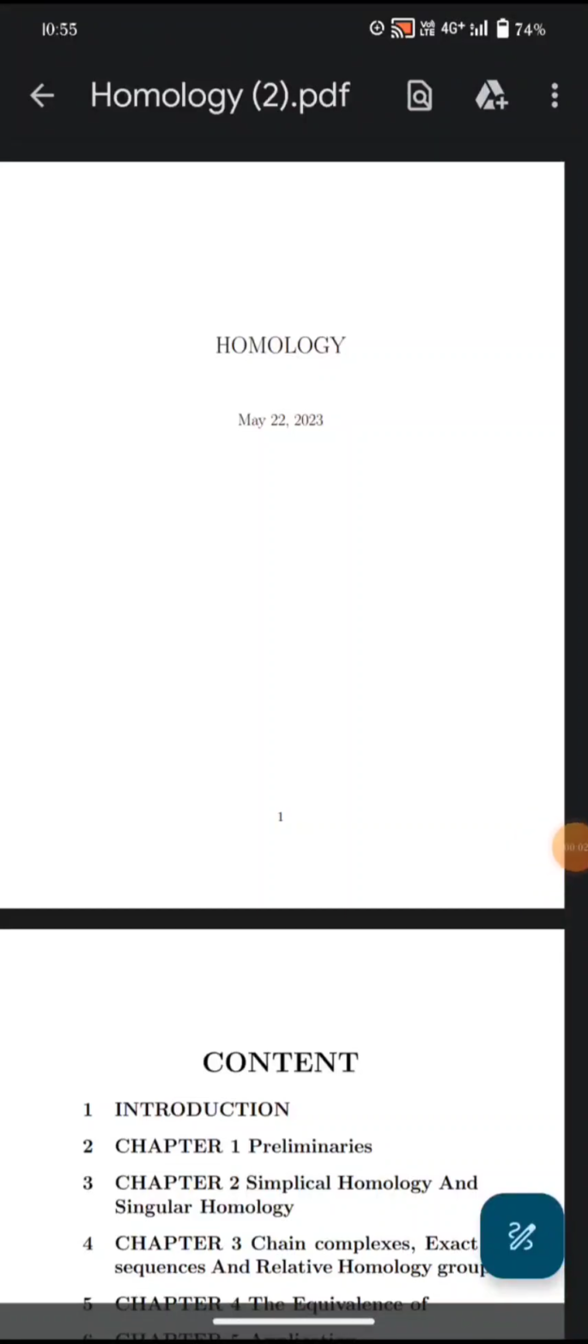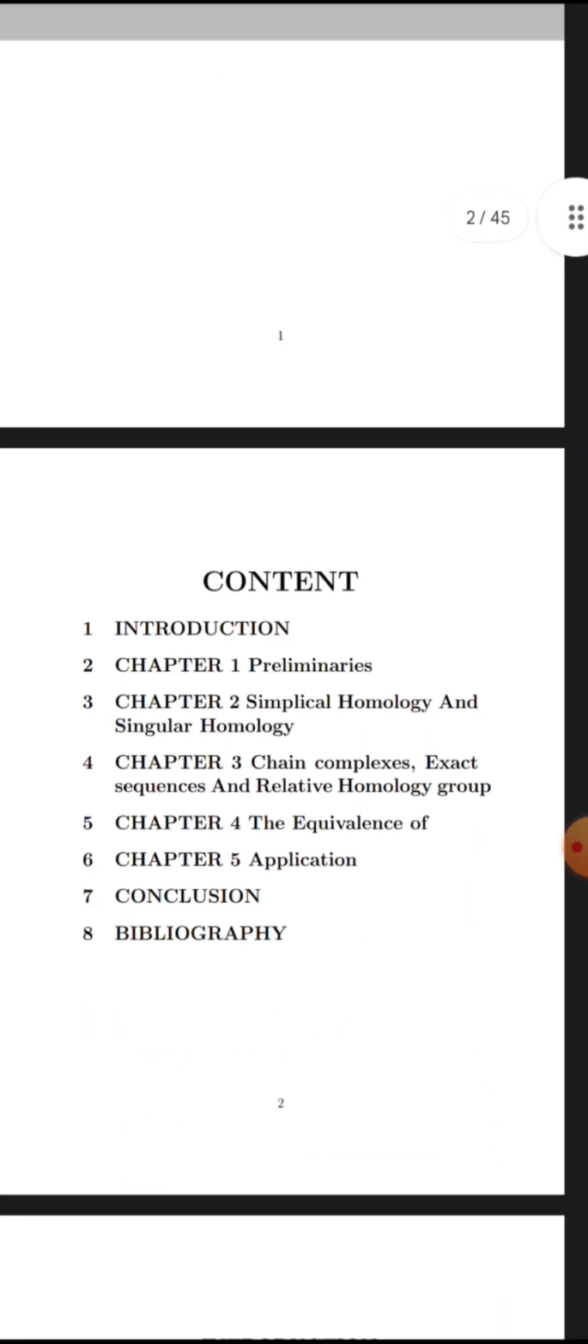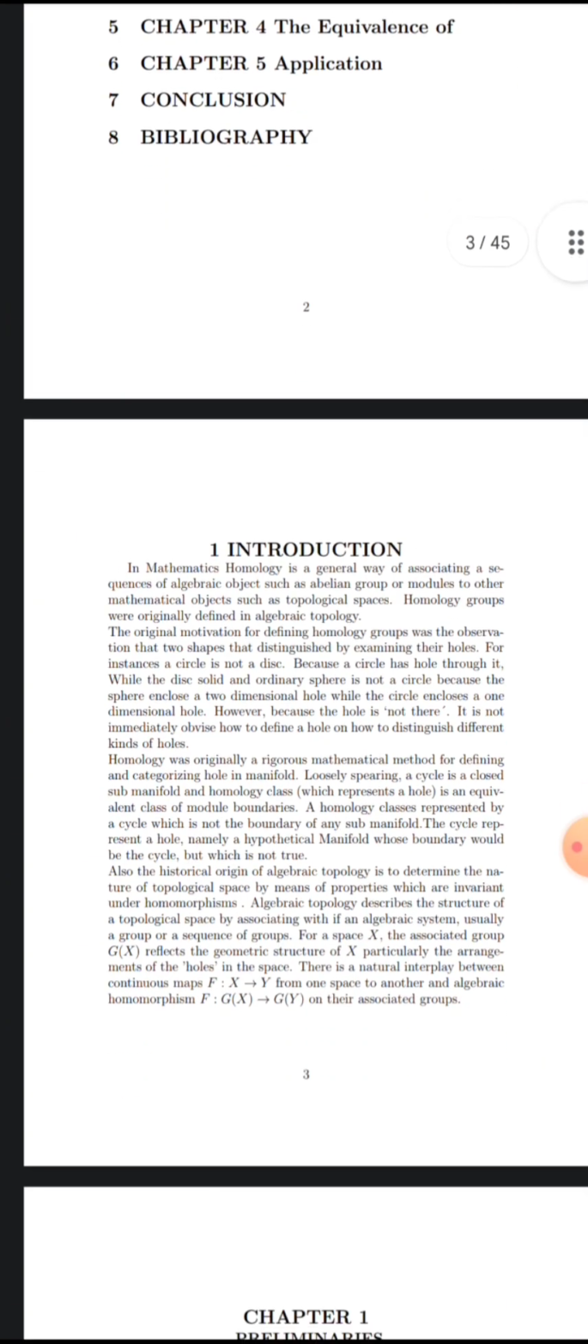My project topic is homology. Now we are going to see about homology. Introduction. In mathematics,